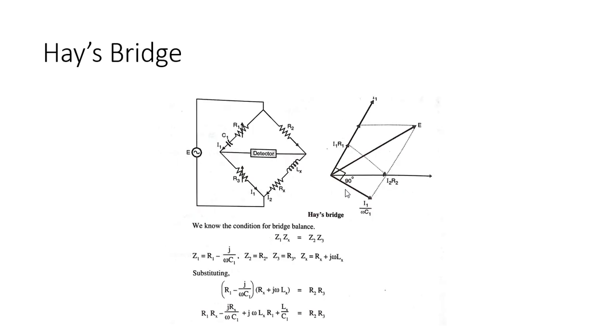Again, if you substitute the value of Rx in the above equation, you will get R1 omega square into Lx R1 C1 plus Lx divided by C1 is equal to R2 into R3. You are having this lecture with you now, and you can stop this video and try it on your own after completion of this bridge circuitry. It is all about the equation writing and solution. If you see this unit, it is all about drawing the diagram, then writing the equation and solution. And the solution is very simple, I think.